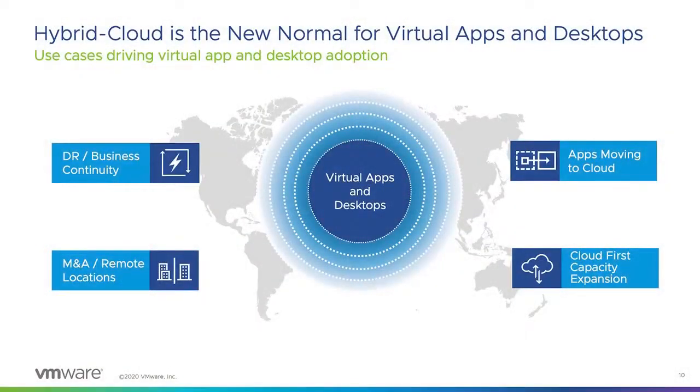The use cases are usually centered around things like disaster recovery, business continuity, mergers and acquisitions, remote office locations, applications moving to the cloud, and cloud-first capacity expansion. So customer use cases for a virtual desktop or virtual apps generally fall under these broad categories. The most common use case we see is around disaster recovery or business continuity, where they want their employees to be able to access their applications under any